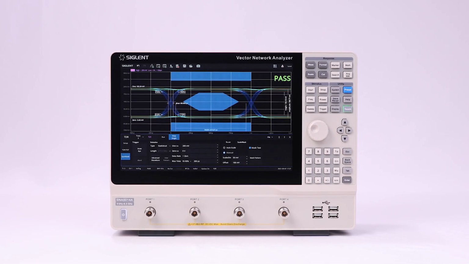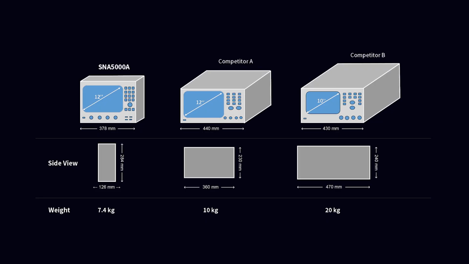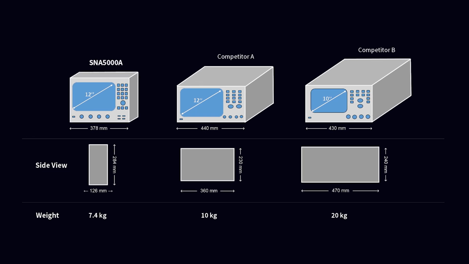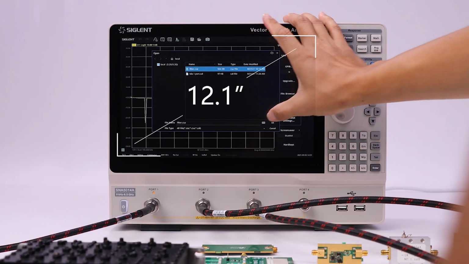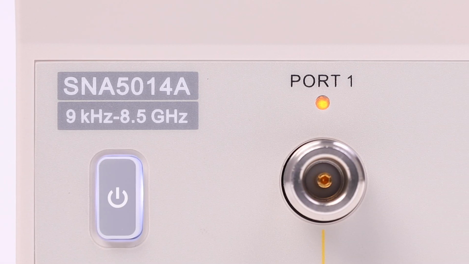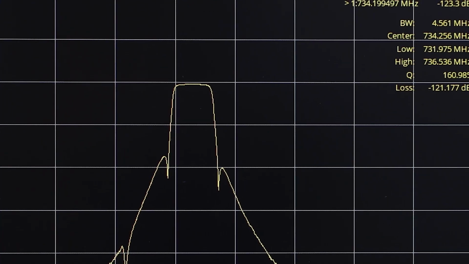Advance to the next level with the Siglent SNA5000A Vector Network Analyzer. It is smart on size and versatile on abilities. It's half the size of contemporary VNA designs, but has one of the largest touchscreens for ease of use. The SNA currently covers 9 kHz to 8.5 GHz, features a solid dynamic range of 125 dB, and comes in